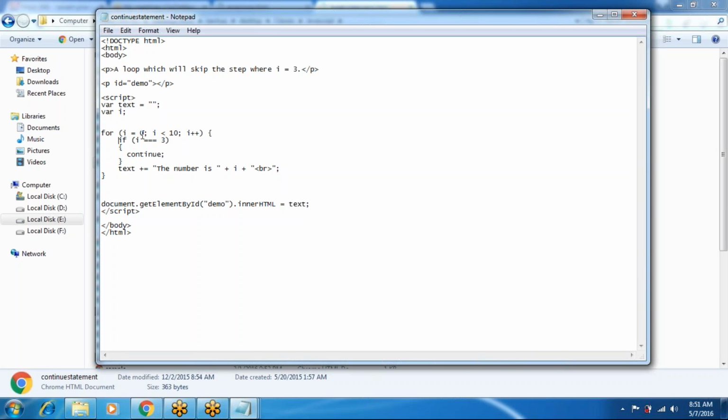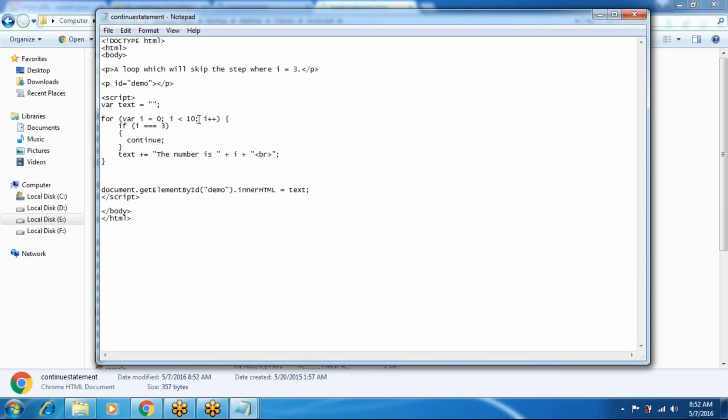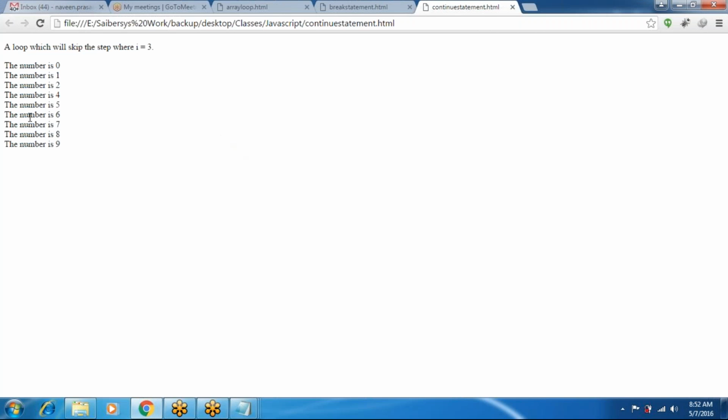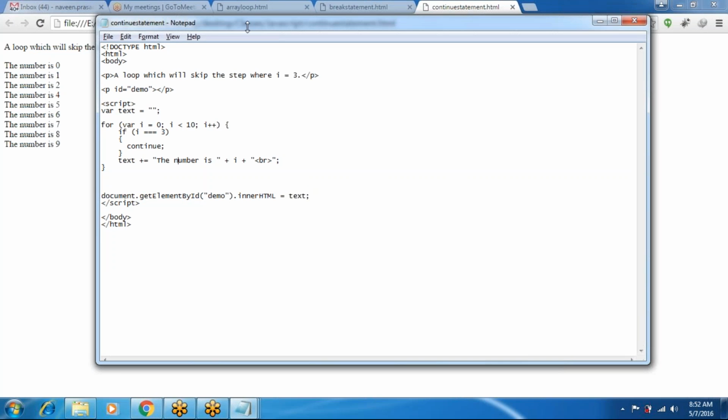For i equals 0, i less than 10, i plus plus, if i equals 3, this condition is successful, so it skips to the next iteration. Next, run this continue example. The loop does not display the value 3.